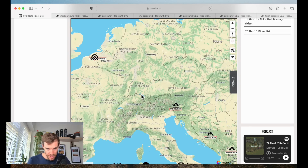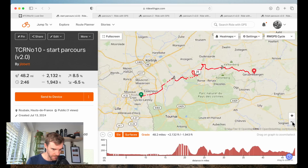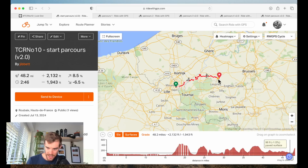And then the riders are going to head through the first parcours, we'll check that out in a second, towards Slovenia, where there's another parcours and a checkpoint. So the first section, quite a long section, probably 2 or 3 days for the leaders to get across to checkpoint 1. The start parcours, as you can see on RideWithGPS here, starts in Roubaix and heads across